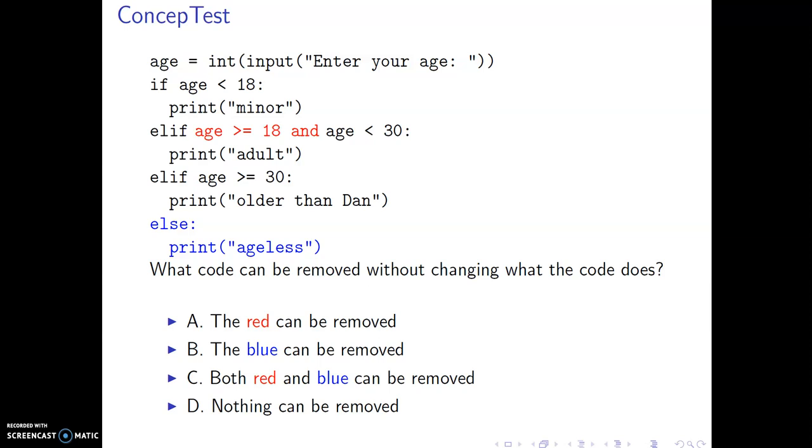Okay, so let's do something more complicated now to test ourselves. So we're taking the integer from endpoint where it says enter your age. If the person enters something that is less than 18, then they're called a minor. If they're greater than or equal to 18 and their age is less than 30, they get called an adult. Else, if the age is bigger than or equal to 30, they print older than